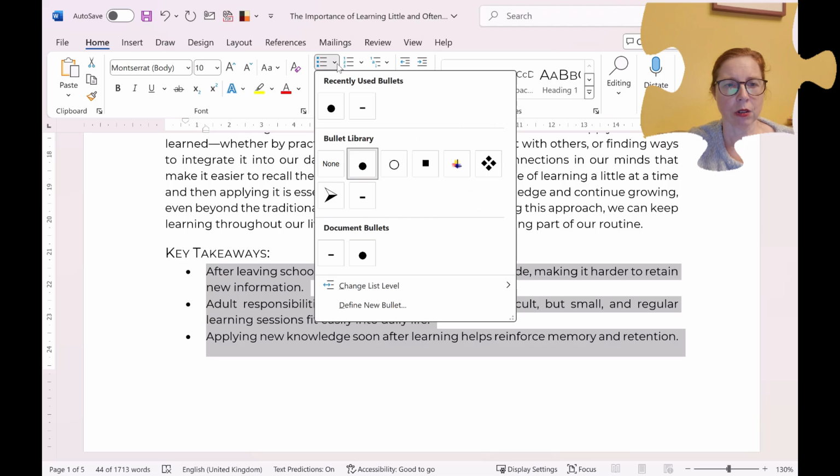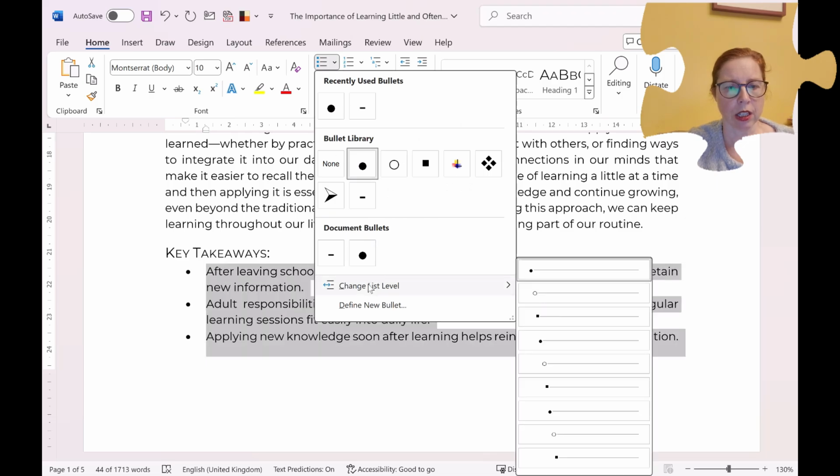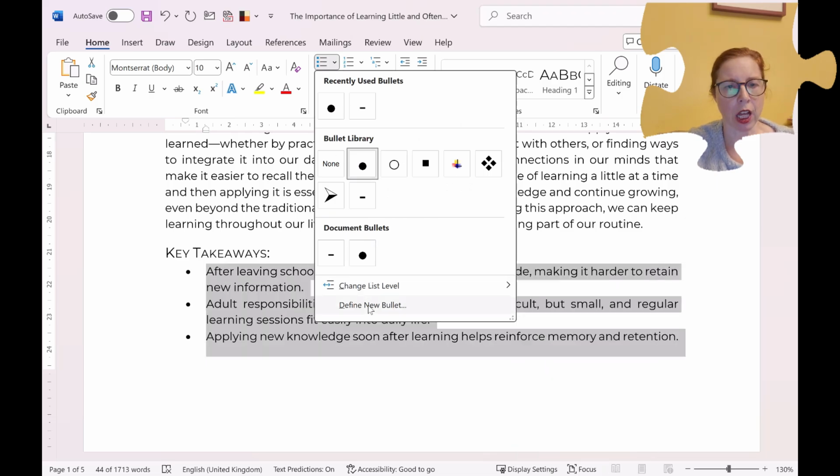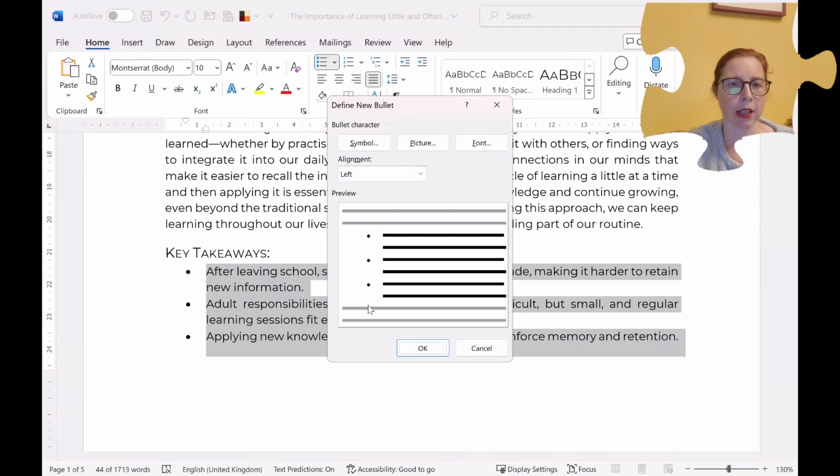But you can also click on that drop down. You can change the level, but you can define a new bullet. And in this, you can choose a symbol, picture, font, how it's aligned: left, centered, or right. Okay, and the font, this is the best thing. So if I choose a symbol,